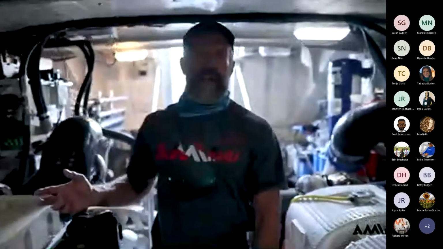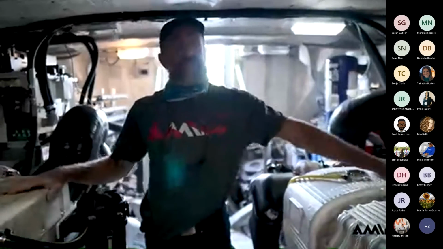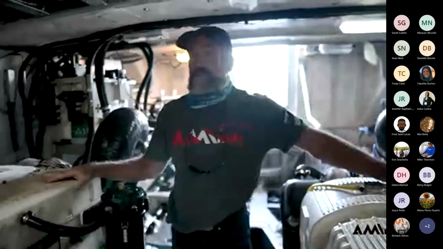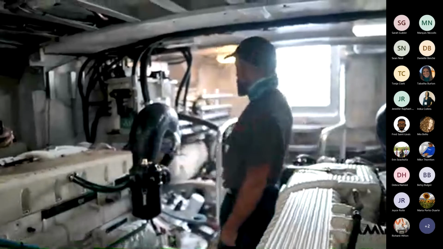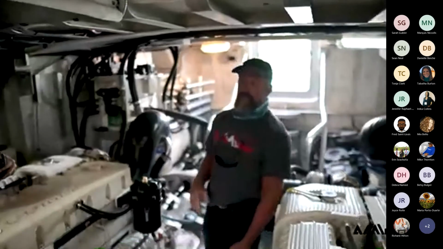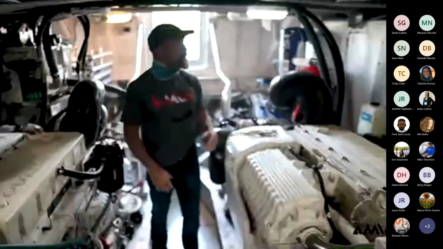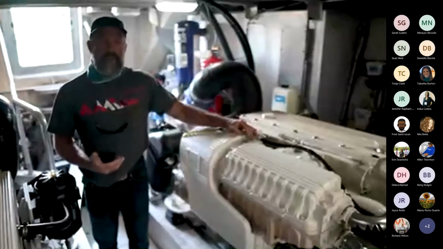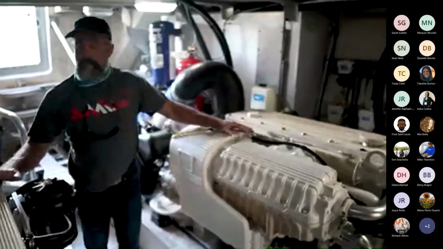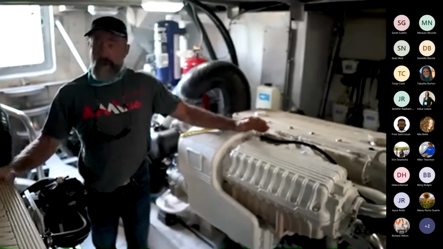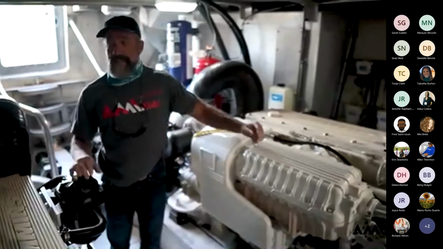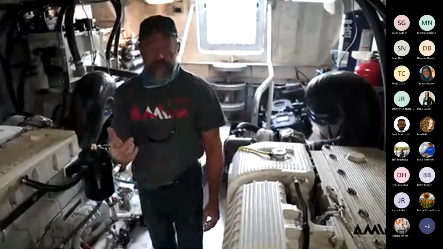So this is the engine room for Orlando's Rose. Our main engines are Cummins turbo diesels. They're 715 horsepower apiece, and they drive two large jet pumps behind the engines that provide our propulsion. We also have two generators in here that provide all the AC power for our air conditioning plant and our water maker plant. Most of the time we get underway and operate these things at about 2,500 RPM and get a speed of about 18 knots. So let's go up forward and we'll check out the well deck.